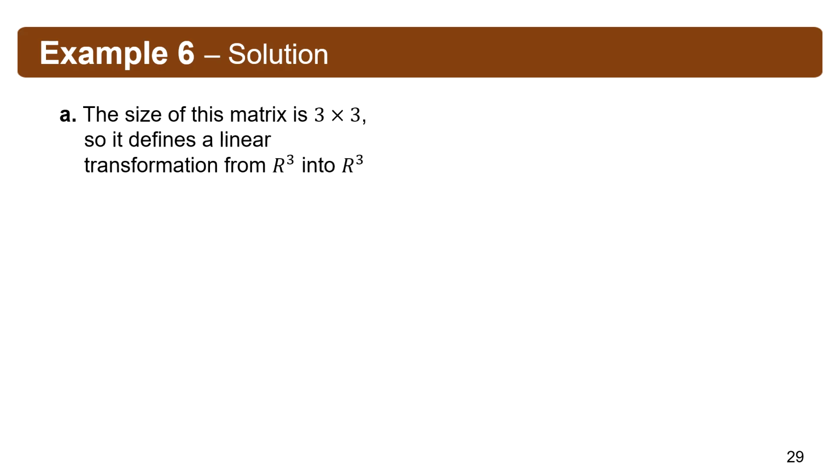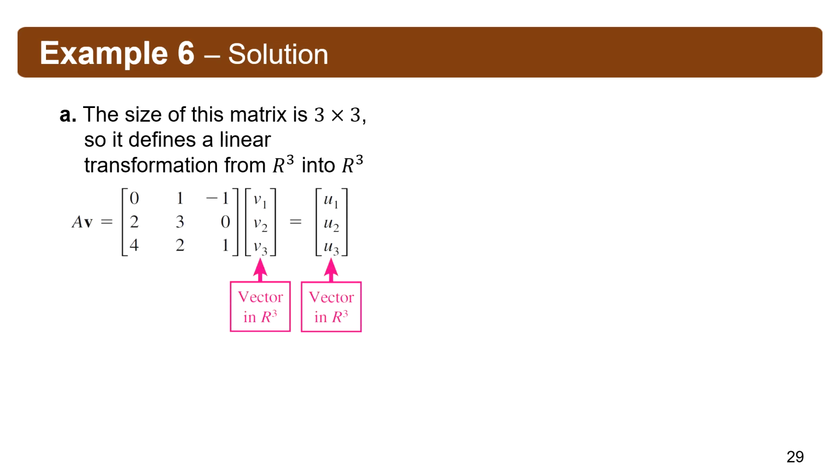Okay, so for letter A, the size of the matrix is 3 by 3. Here's the given. And when you multiply, of course, this is 3 by 1. So that will be your vector. And when you multiply, you will be creating 3 rows also, no? So you have to multiply this one and this one, okay?